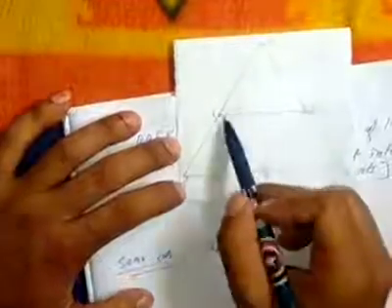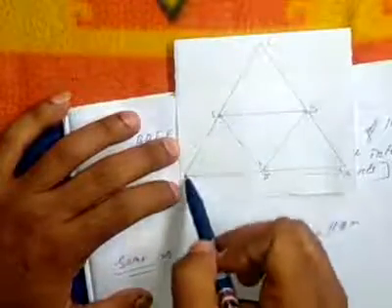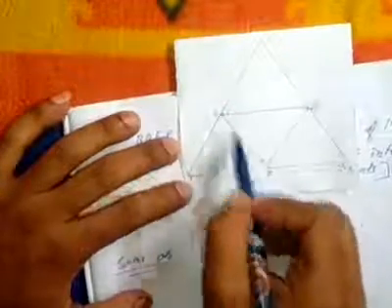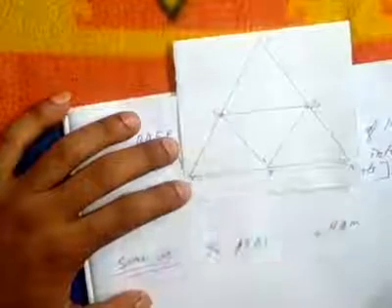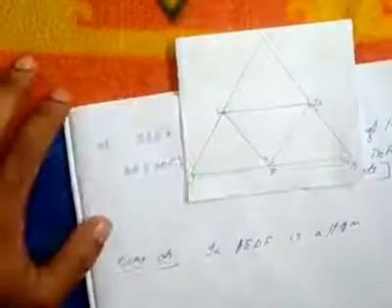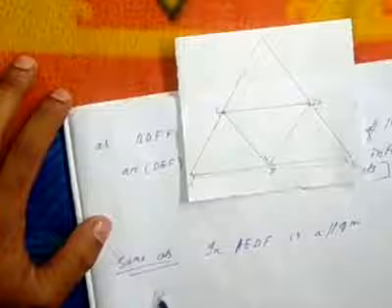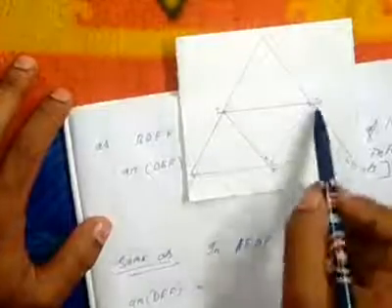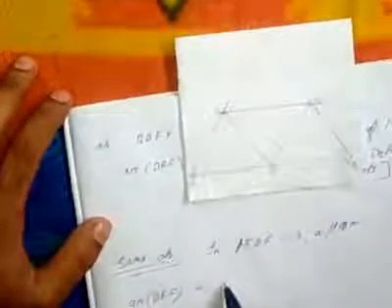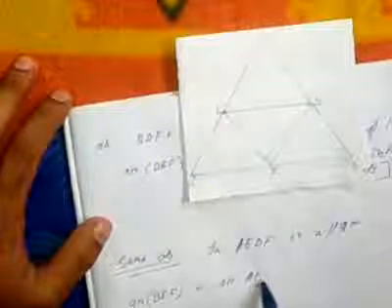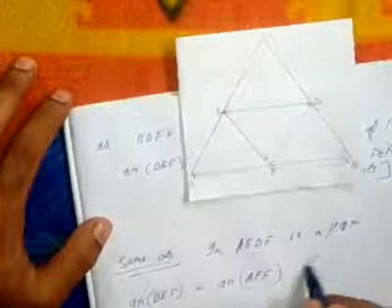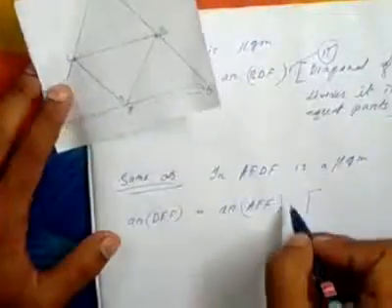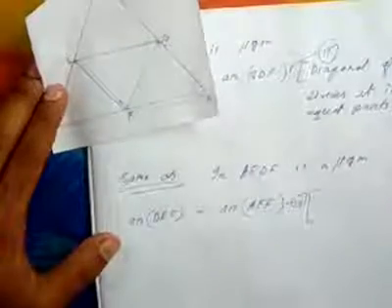If AEDF is a parallelogram, then what will happen? Again area of DEF is equal to area of AEF, because this time EF will be the diagonal, isn't it? So we will write area of DEF is equal to area of AEF. Again the reason will be the same, we just copy it. Suppose this one is equation number 3.